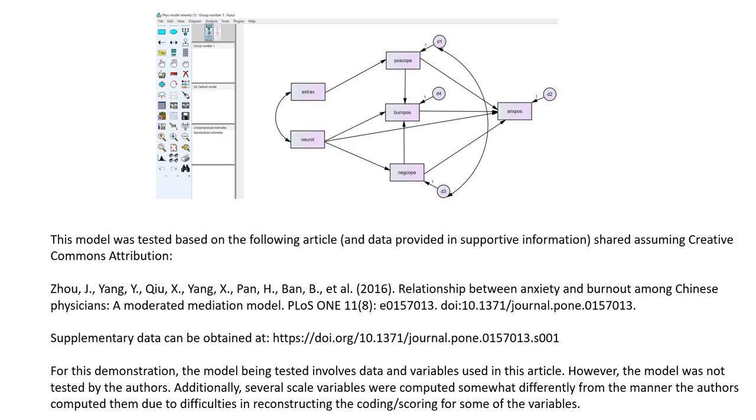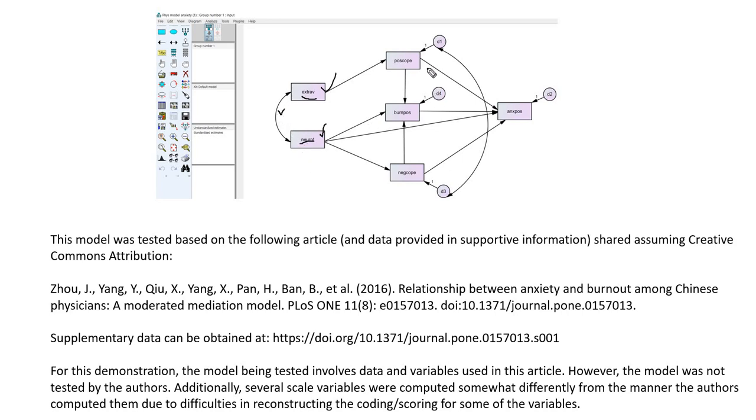Now before we open up AMOS and begin laying out our path model, let me just walk you through the basics of the model itself that we're going to be testing. So in this model we have a couple of personality variables. We have neuroticism and extroversion. So this is extroversion, this is neuroticism. And these are exogenous variables within the model, meaning that they don't have any variables upstream that are predicting them. So in this case we do have a double-headed arrow between them, and that's signifying that we are allowing those